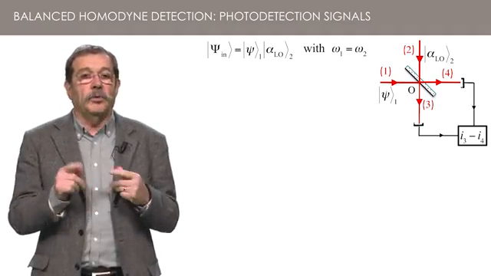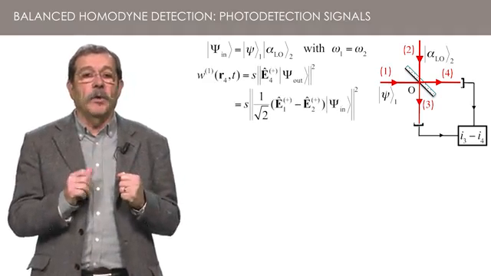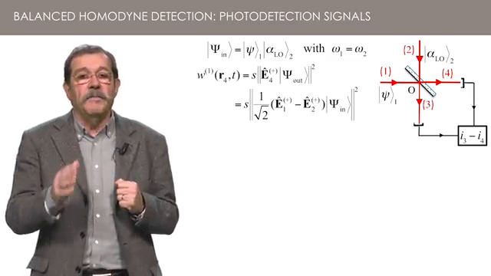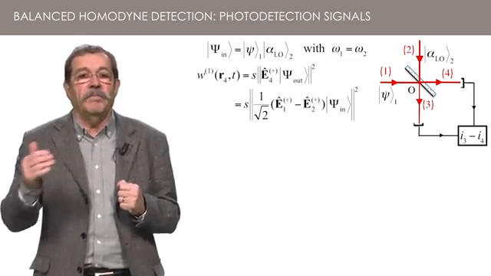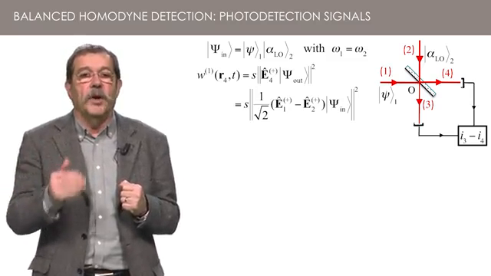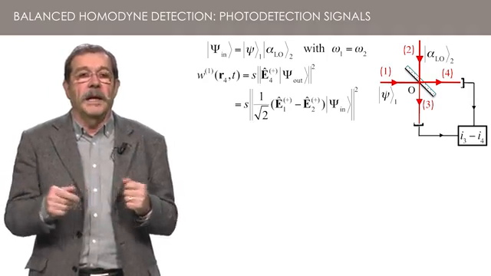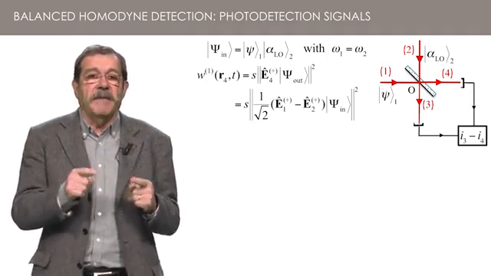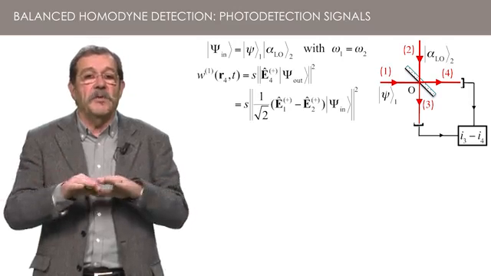You know how to evaluate the photoelectric signal in port 4 by using quantities of the input space. In the lesson on multimode quasi-classical states, we used that method to calculate the beat note between two lasers with different frequencies entering port 1 and 2. Here, the mode we consider in inputs 1 and 2 have the same frequency, so all the time-dependent factors disappear